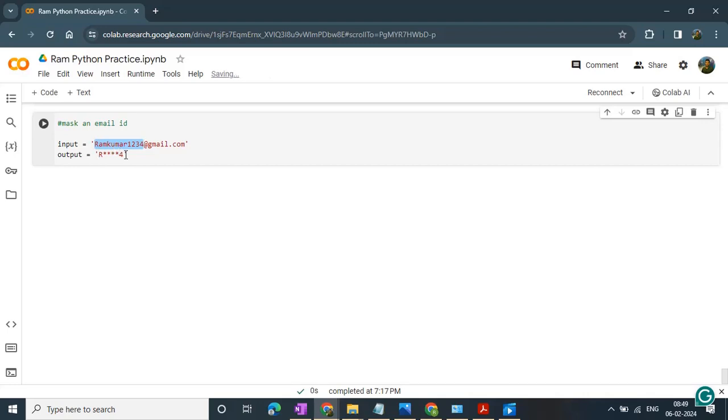So I want to mask in such a way that in the name I want the first character, and I want to have 4 stars only irrespective of the length of the name, and I want to print the last character of the name, and I want to print the domain as it is. Let us say I want to have the output, the masked email ID, in this fashion. Let's see how we can do it